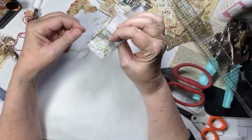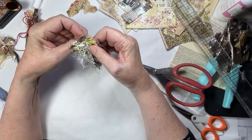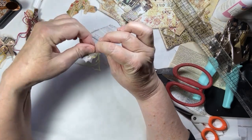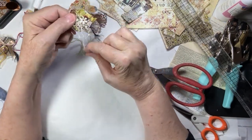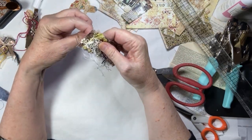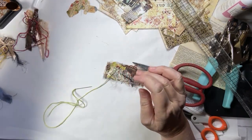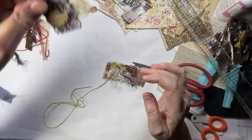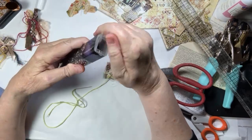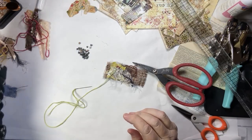So I am just, you can see, it's just messy. I am going to go along and make sure that everything here is tacked down. And I think I'm going to put a French knot in the middle of this little flower right there. If I had a bead, well, I do have a gold bead. I put a French knot in the middle of this one here. See right there? But I'm thinking just for something different, maybe I will put